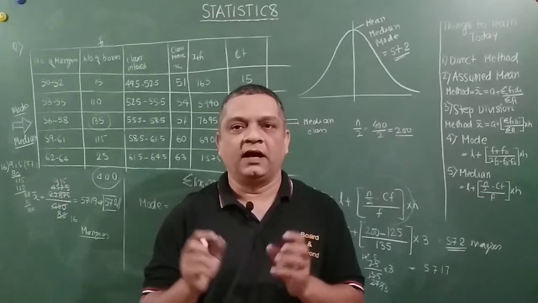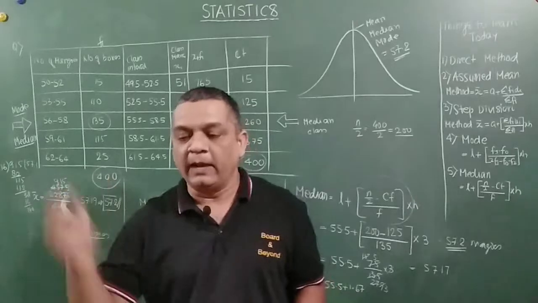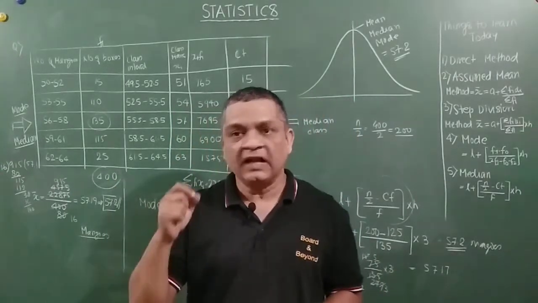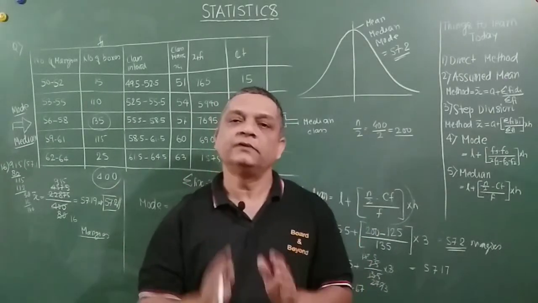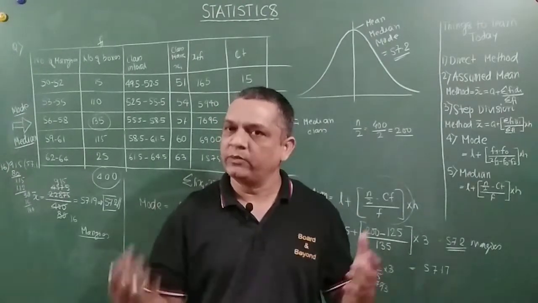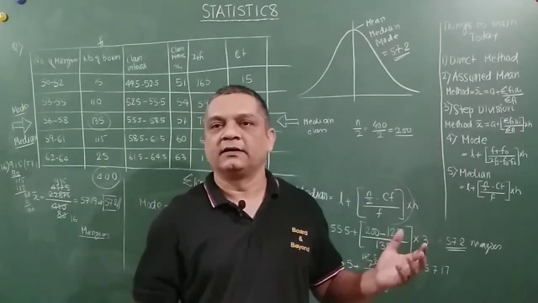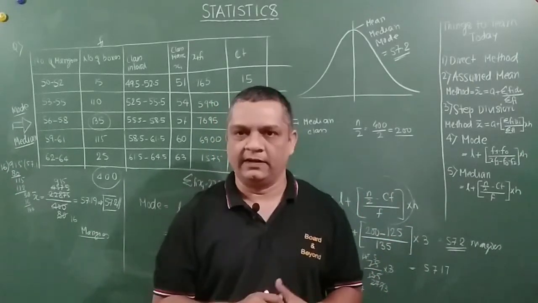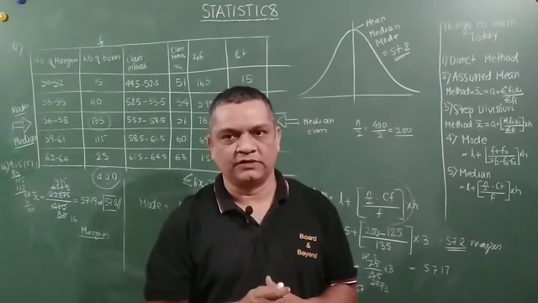So probably I think I have added value to your knowledge or education today. I am not going to take up all the problems of your textbook, friends. I took just 2 problems and tried to make you understand the entire concept of measures of central tendency here: mean, median and mode. How do we use different kinds of formulas and different methods to find mean for the same problem. So with just 2 problems I have given you the entire concept, right?